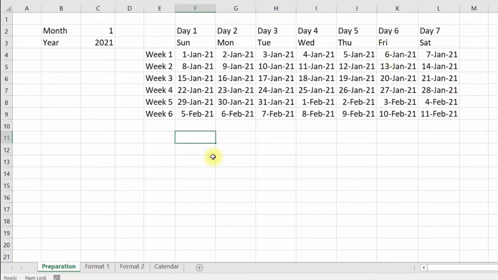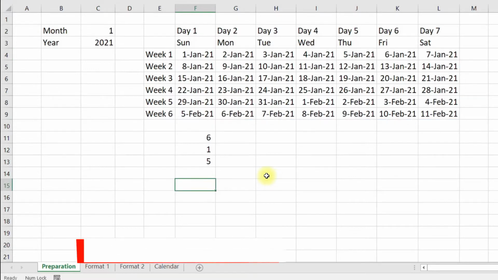If I calculate the WEEKDAY for 1st of January 21, equal to WEEKDAY, select the cell, close the bracket and enter. I am getting 6 while Sunday is the first day of the week. So the difference is 5 days. I need to adjust 5 days from my formula in a way so that my formula auto updates when I change my month or my year.